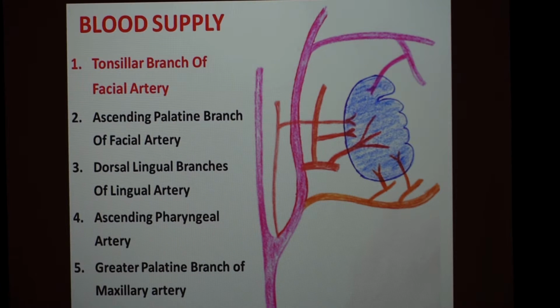In some of the books, the branches are divided into the superior tonsillar branch, the ascending tonsillar branch, the inferior tonsillar branch, and the posterior tonsillar branches. But we are sticking to the standard textbooks which you commonly read, so there is no need to remember them as superior, inferior, posterior and ascending, only the simplified form, that is the 5 branches of the different arteries.